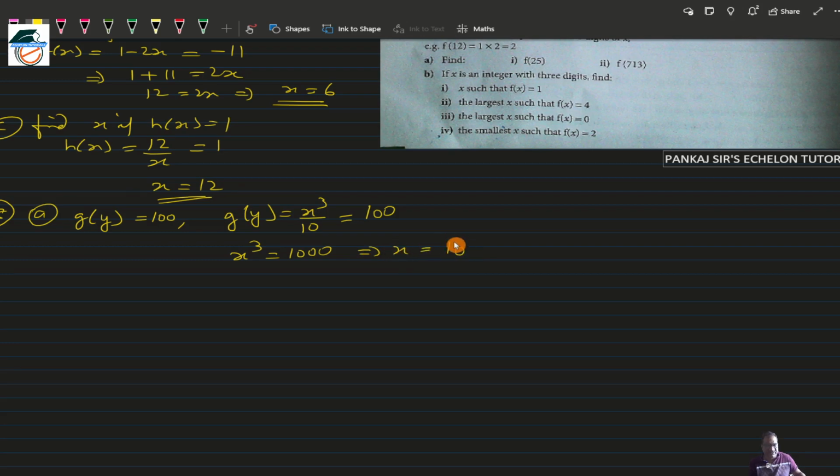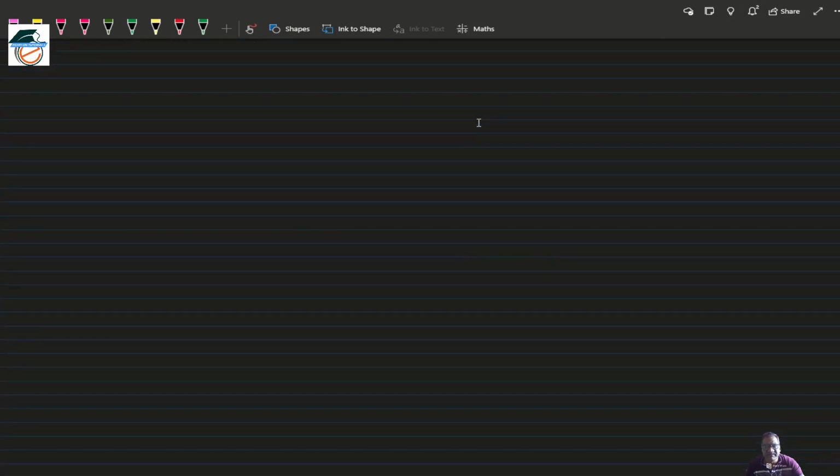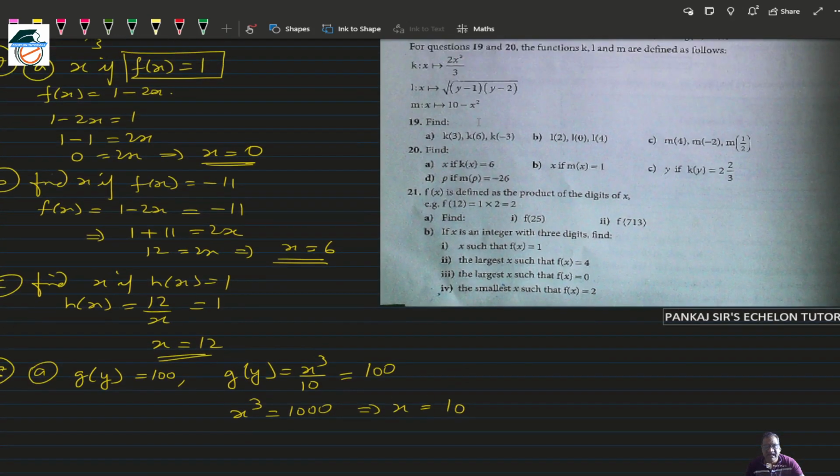But have they asked you to find out x or y? Let me check the question again. Find y if g of y is 100. Now they have changed the variables over here. Let me check the answer for this and I'll get back to you on this. Now this is a question which has a little bit of doubt in my mind. So we'll get back to this